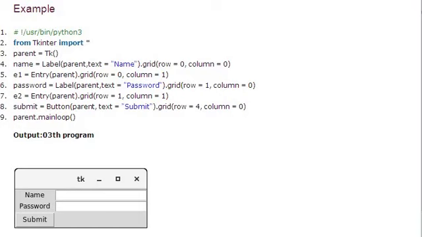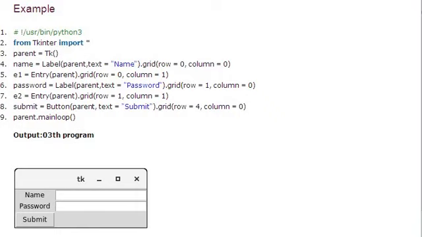And line number 6, another label we have, the text is password. So dot grid, and the position is 1, 0, and 1, 1 is the area where we are supposed to enter the password. And we have submit as a button. Name and password are labels and submit is a button.